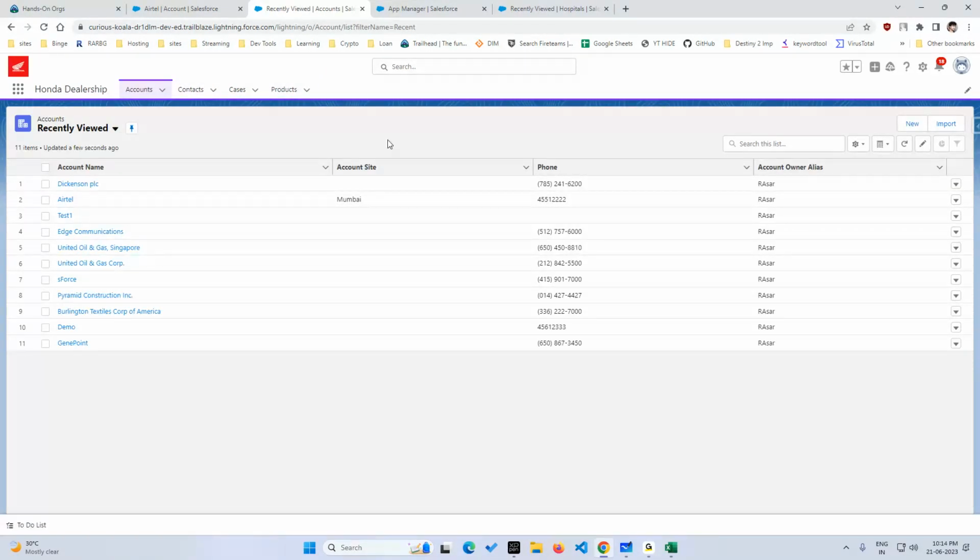अपन ने 4 ये tabs यहाँ पे 4 objects अपन ने select किए थे. So account, contacts, cases, products we are seeing here. Understood guys till now how to create an app? Yes, Rohit. Yes, very simple. Okay, so